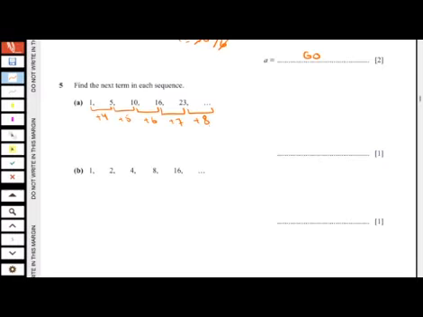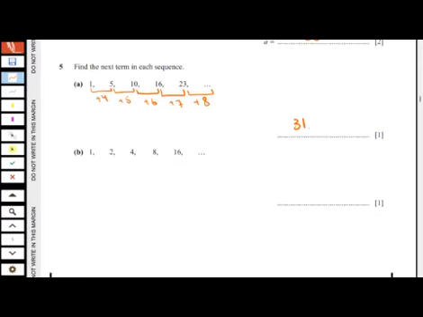23, 24, 25, 26, 27, 28, 29, 30, 31. So the answer is 31. Next, part B,